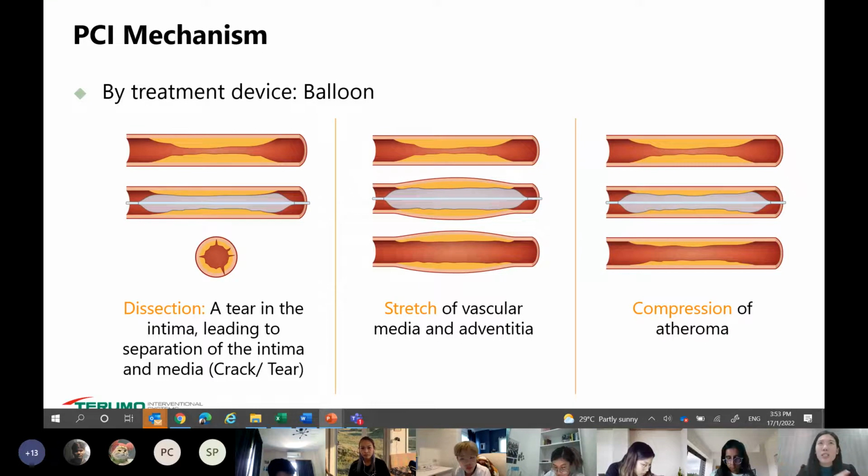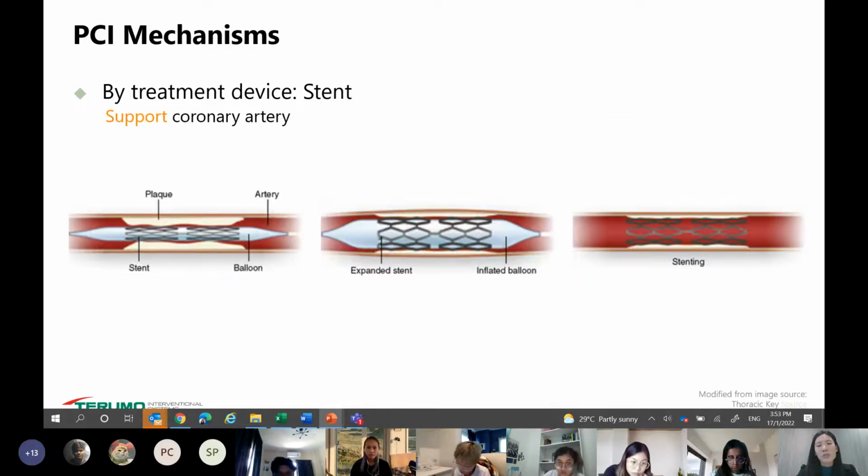But nowadays, it is not typically used as a standalone. Like I mentioned, there's more than one treatment device used in a procedure. Typically, balloons are used with stents like this. So stents, just now you saw it in action also. Stents are basically devices that are used to open the vessel and to keep it open for long periods of time. Actually, it will stay in your body forever. The usual stents that you see are going to be in the patient's body forever. So it will help to maintain the vessel diameter